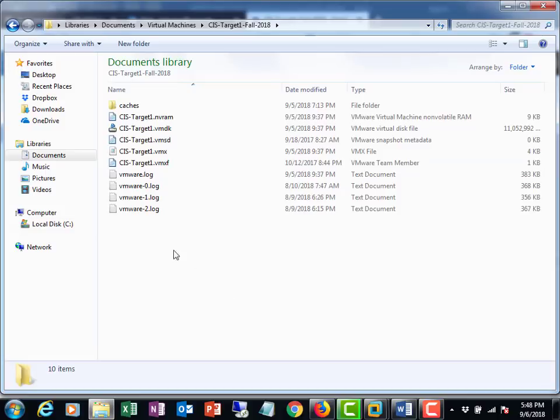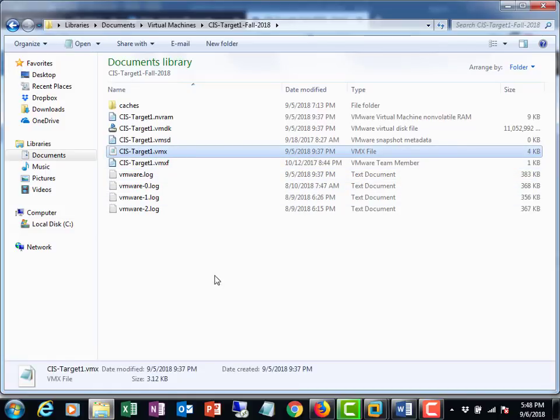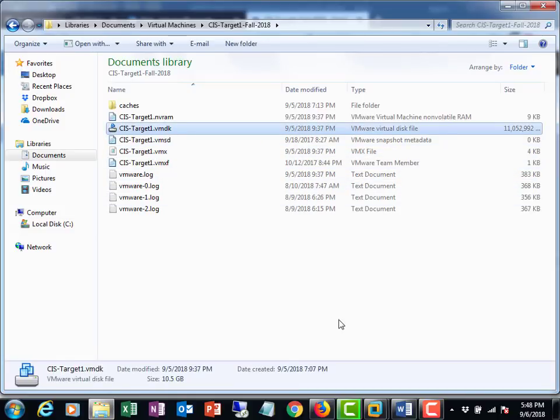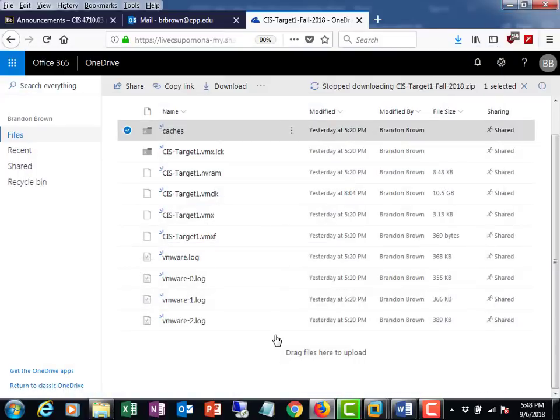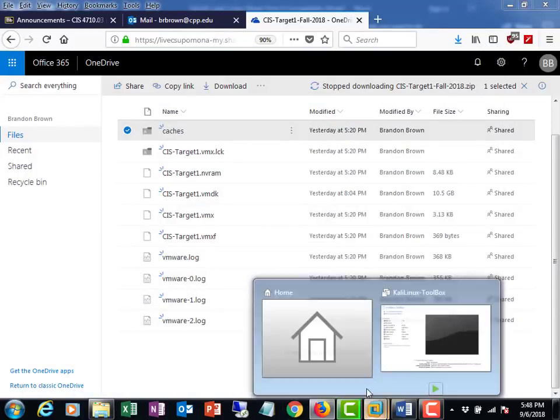Now, the VMX file, I'm sorry, the VMDK file is pretty doggone big. It's 10 gigs. So it's going to take up a little bit of space. So be patient on that download. But once downloaded, when you go into